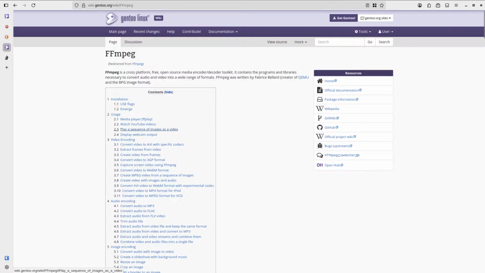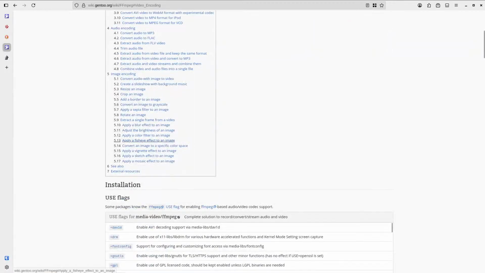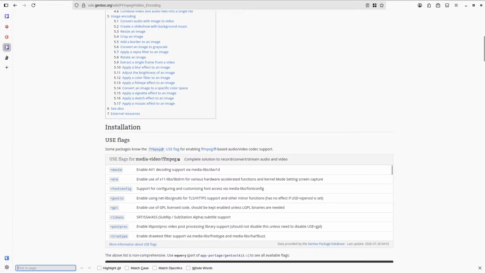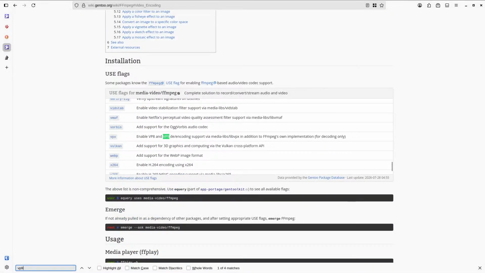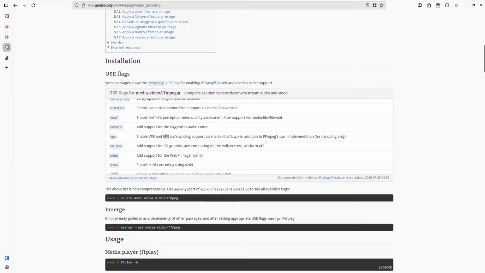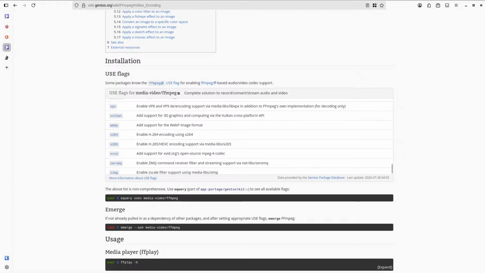Usage. Watch YouTube videos. I guess I wanted to see... wait, I wanted to see use flags. VP9. VPX. I guess I can add VPX.